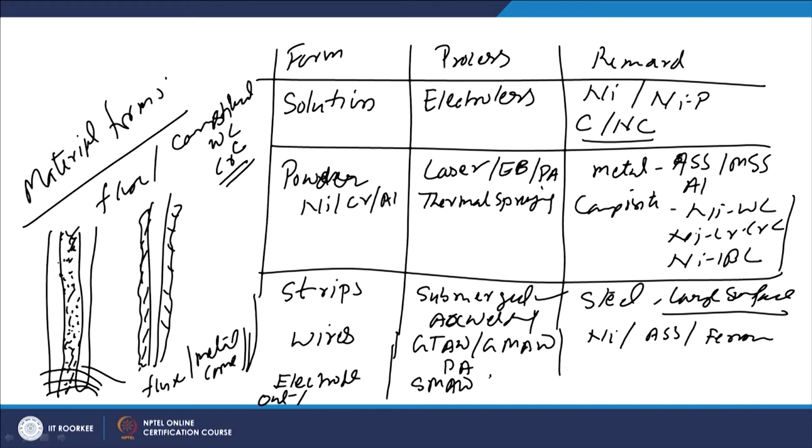So, shielded metal arc welding will be using electrodes where flux is applied outside, and flux cored arc welding will be using electrodes where the flux and the other constituents are filled inside the tubular electrode, and this can be used for developing layers of all ferrous metals or developing composite layers. So, this is about the description of the various forms in which the material is applied,